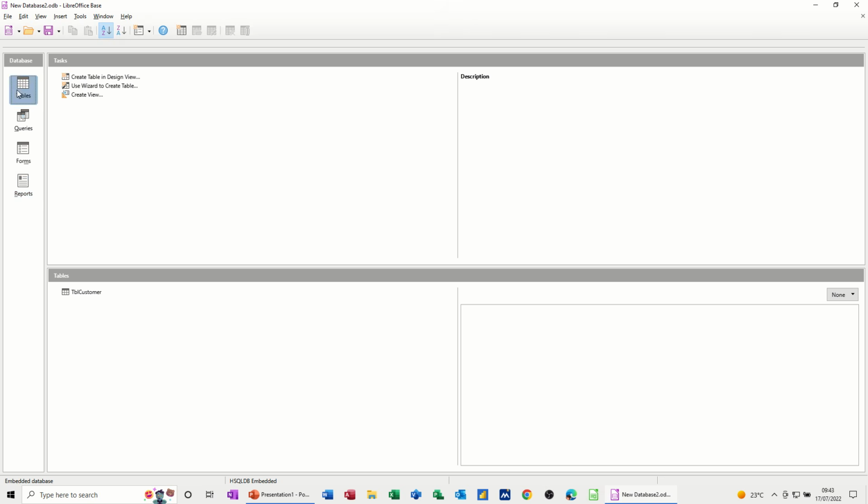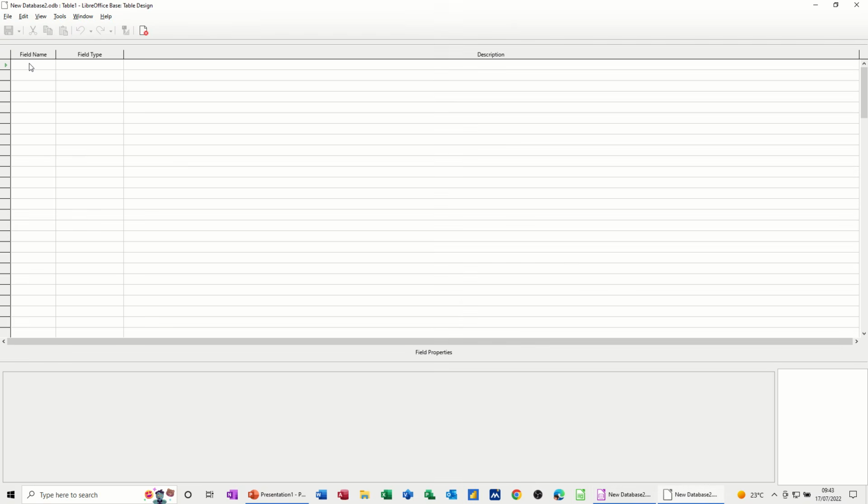So first of all, let's create a simple table. Now I'm going to use design view and do it manually first off. You can use the wizard. Let's have a quick look at this. So what it's after is the field names. So I'm going to start off with forename,